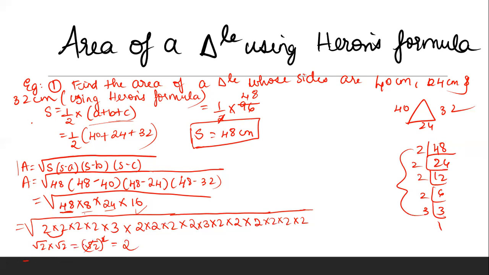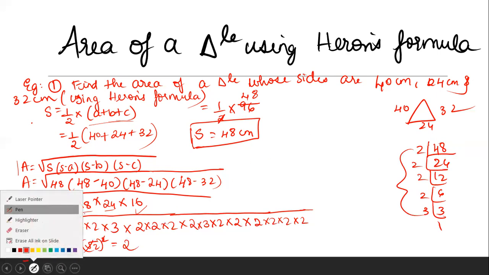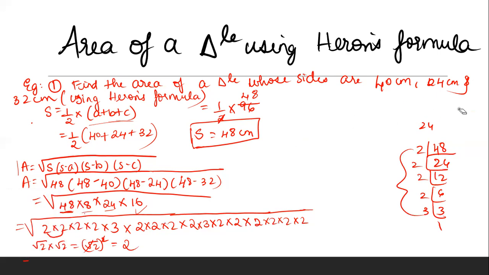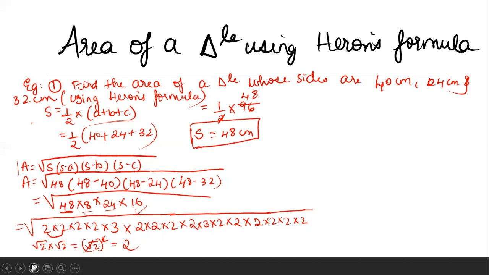Sorry, went to the next slide. I will write it down here. So I'm going to erase this triangle and the prime factorization part. So here next, what will we have? Since we've got 2 here, write that 2. So what did I do? I grouped these like numbers. 2 and 2 are same, right? So group it into a pair. So root 2 into root 2 will give you root 2 the whole square. The root and the square will get cancelled. You will get 2.